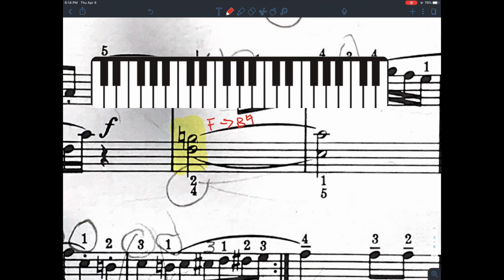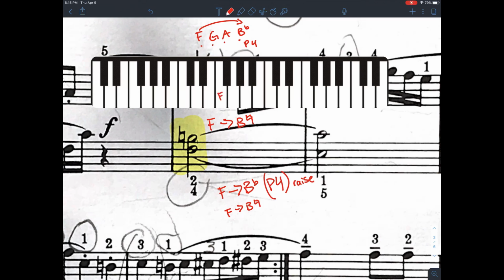Let's try one that's a little bit trickier. So we have F to B natural, which we did already, remember? So normally we'd have F to B flat in the key of F, which is a perfect fourth. So we know this is still a fourth because it uses a B, but it's not a B flat. Doesn't sound perfect to me. It's a B natural. So we've raised the B flat 1/2 step to a B natural,